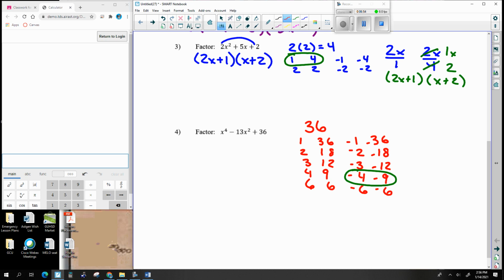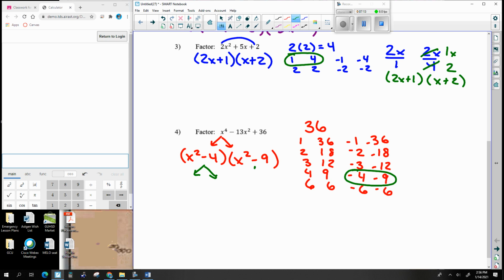So this is a simple ABC, but this x to the fourth breaks to x squareds. Okay, so this is going to be an x squared minus 4 and an x squared minus 9. Now, with this,